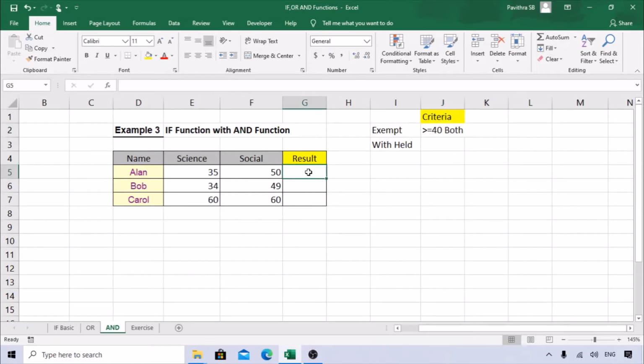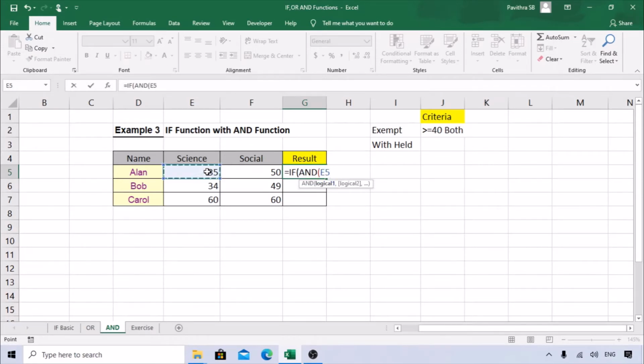Let's use it here. It says both. So then you should use AND here. There it was either one is okay, I'm fine with it, then you can use the OR function. Here it says both the criteria should be met, so we are using the AND function. Everything is the same. Start with IF open bracket, add AND open bracket. So now we do the logical test.